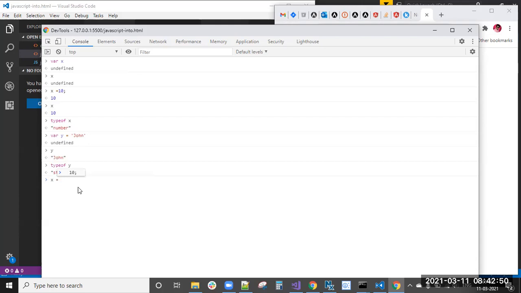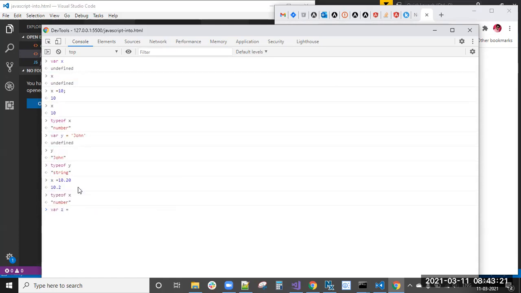X equal to, if I declare something like 10.20. Generally 10.20 is a float variable, right? It has a decimal value. If I write typeof X, you will get number. So we don't have float or double values in JavaScript. We only have string and number. And one more is var.